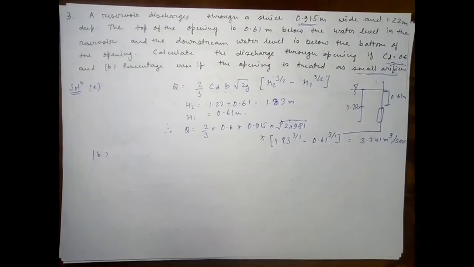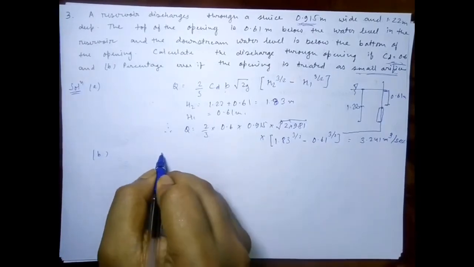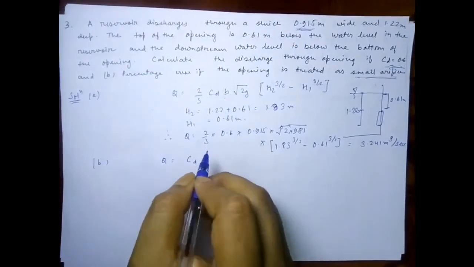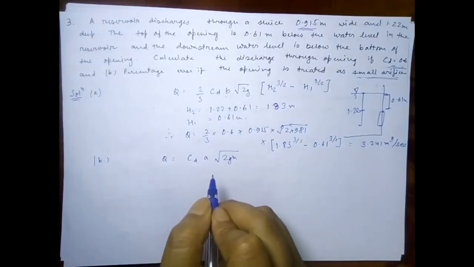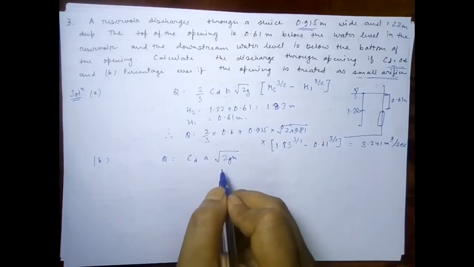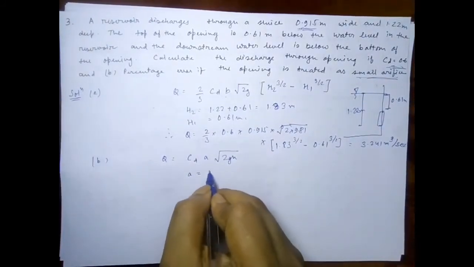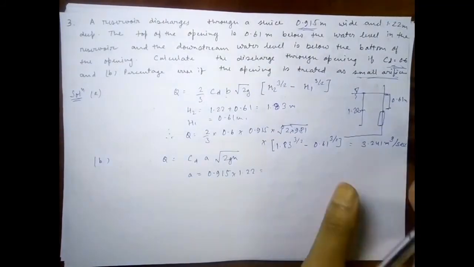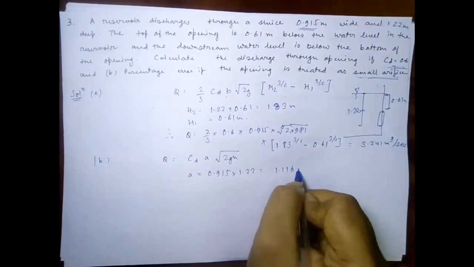Suppose we are considering it as a small orifice and we are trying to get the discharge, and we know the discharge for a small orifice is Q equals CD times A times root 2gH, and the area is equal to 0.915 times 1.22, and that is equal to 1.116 meter square,